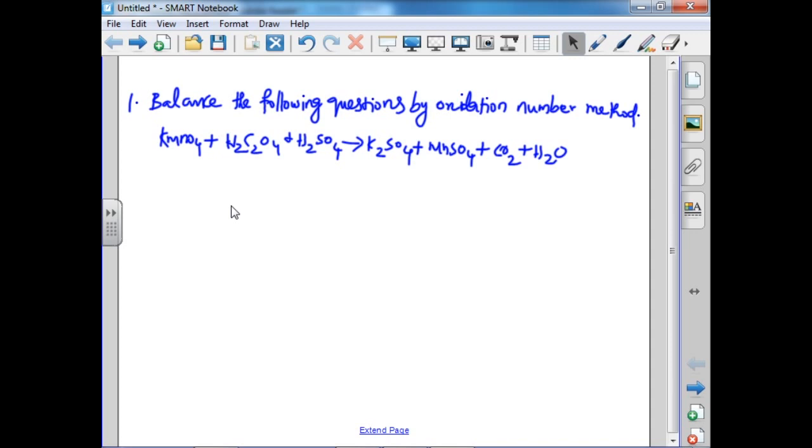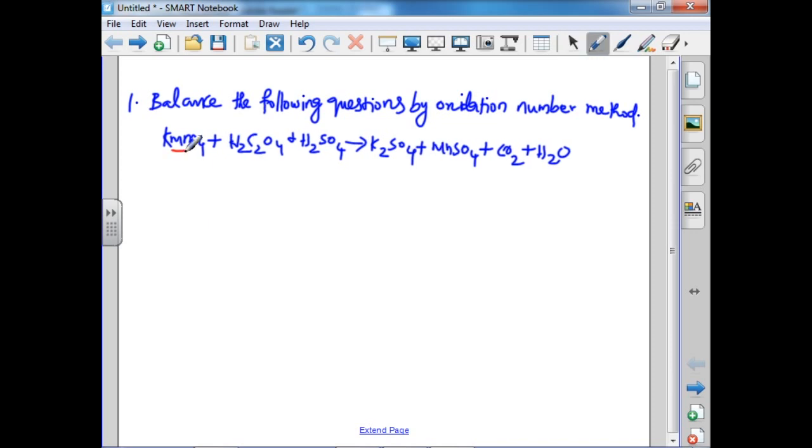You already know what the first step is: identify which atom changes in oxidation number. First we calculate the oxidation number of Mn in KMnO4. Potassium is +1, one atom, so +1 plus X for Mn, plus oxygen is -2, four atoms, 4 into -2. It is a neutral molecule, equal to 0. 1 + X - 8 = 0, X - 7 = 0, X = +7.